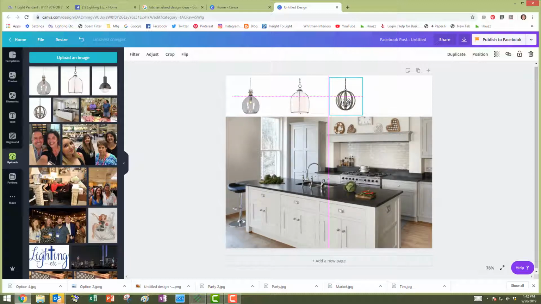Let's see, I want this all lined up even. There we go, and then we're gonna grab our last one, which is this guy, and put him right up here. Okay, so they're all lined up at the bottom, I believe. This picture's a little large, but it'll work. I'm gonna actually grow it this way a little bit. There we go. All right, so these are gonna be our 4 options for this game that we are going